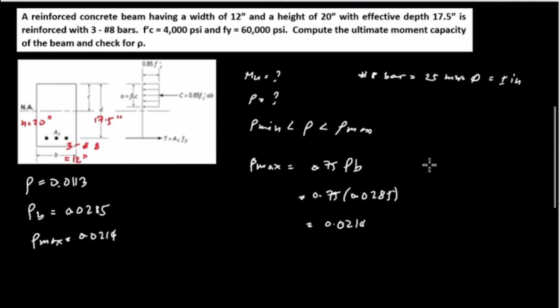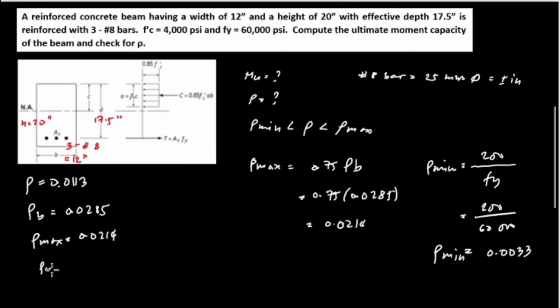So rho maximum is 0.0214, and we find rho minimum, and the formula for rho minimum is 200 all over Fy, and we have 200 all over Fy, or F sub Y is 60,000, and we have rho minimum equivalent to 0.0033, 0.0033 for rho minimum,